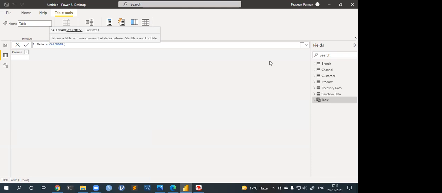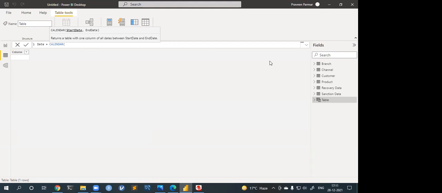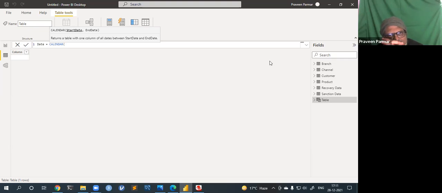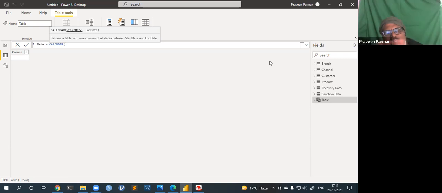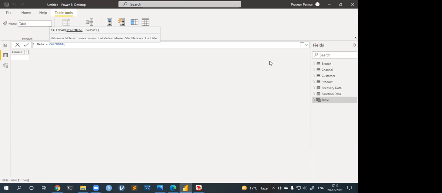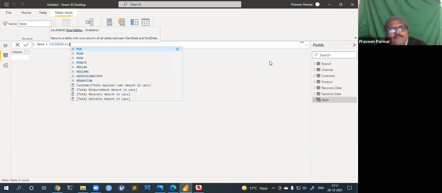Sir, get date. Now you have a date column in the customer table. Sir, by arranging it in ascending order, we could take the minimum date. No requirement for arranging it: if you take the minimum, you will get the minimum from anywhere without arranging. Got it? Start date is the minimum. Okay. Yes, sir.